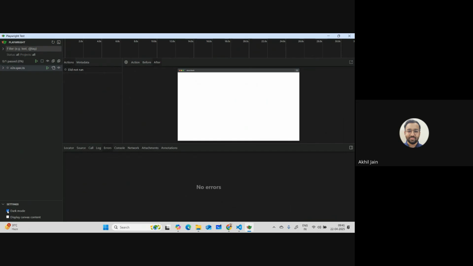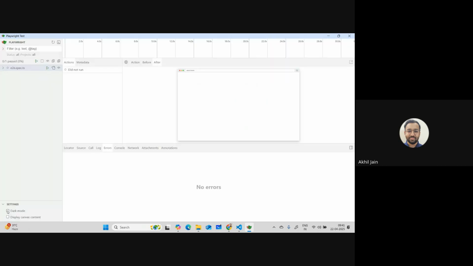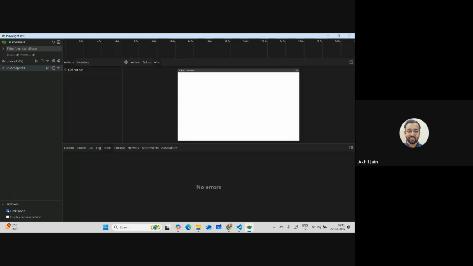If you don't want to see a dark mode, you can see this bright mode, right? I am a fan of this, so let's use this one. Display canvas content. I don't know what this is about, but we'll see. Okay, this is one thing. Now, if you see, right,